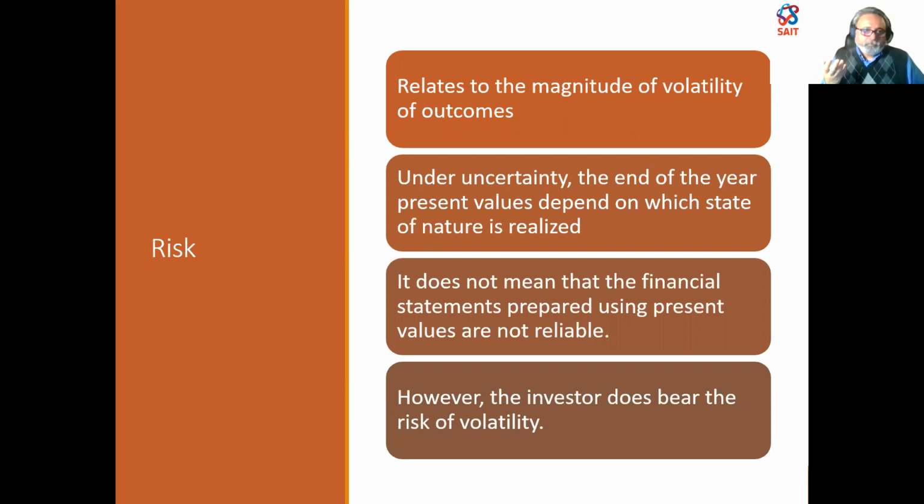So when we are still under ideal conditions, the amount of risk is known because we say that we are able to predict what the future states of nature are going to be. And we have probabilities related with each of those states of nature that are objectively defined. But there's still a degree of variability. And that risk of volatility has to be borne by the investor. So that marks a bit of a departure from ideal conditions under certainty. As an investor, even though we have a considerable amount of foreknowledge,